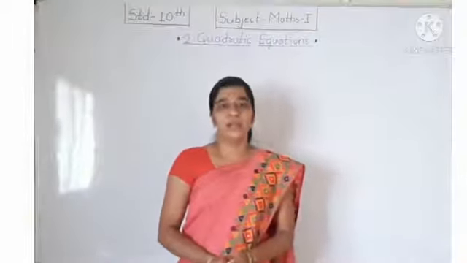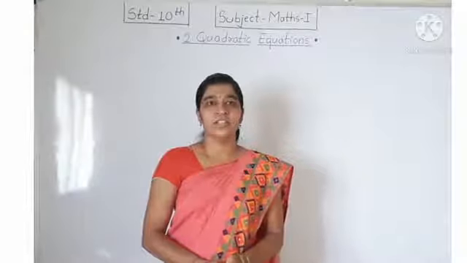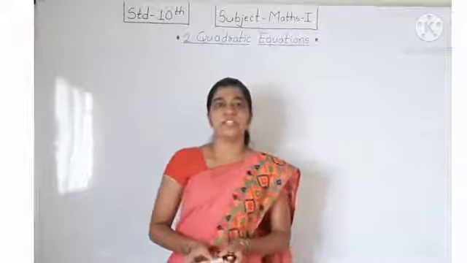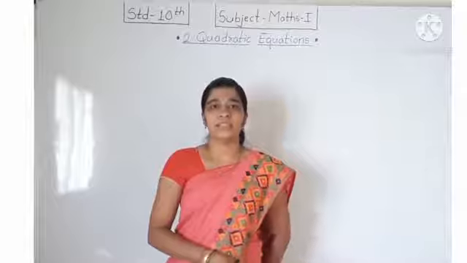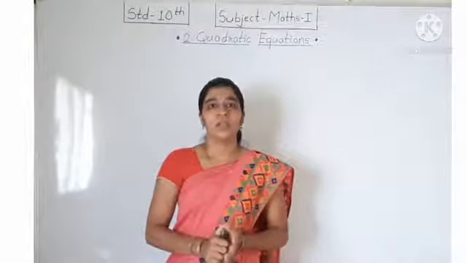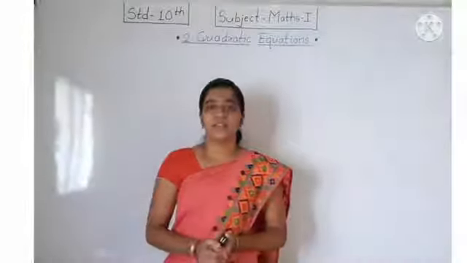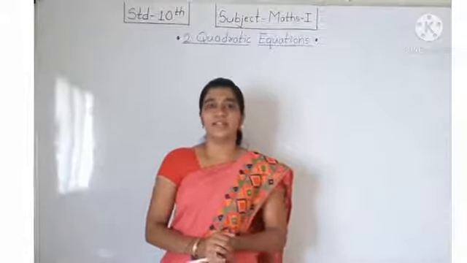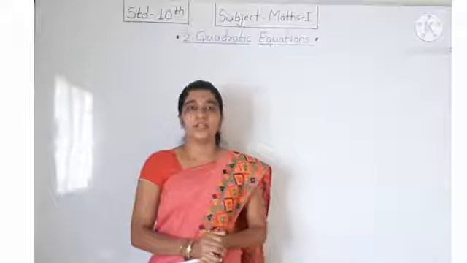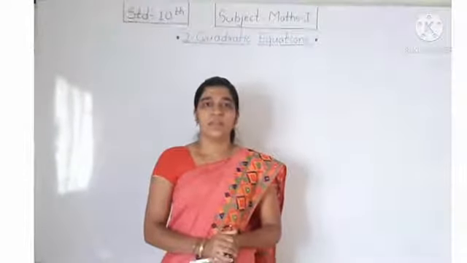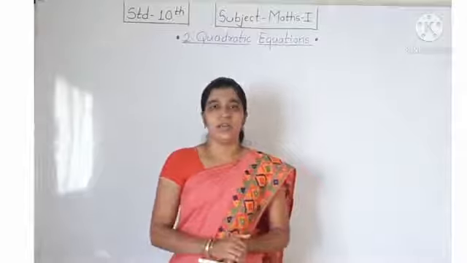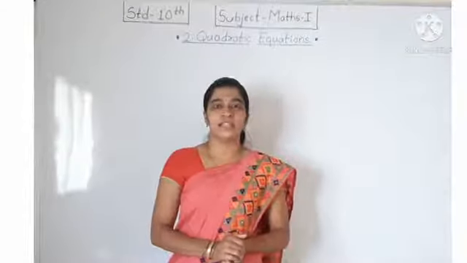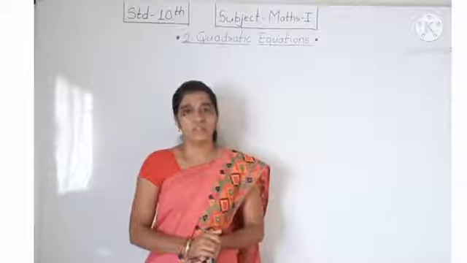In the last video we had started topic number 2, quadratic equation. In that we had learned what is meant by quadratic equation and what the standard form of quadratic equation is. The standard form is ax square plus bx plus c is equal to 0. Also, we had seen how to find whether the given equation is a quadratic equation or not. In the next video you had studied how to calculate the solution of a quadratic equation by the factorization method, and we had seen exercise 2.1 and exercise 2.2 in the earlier videos.